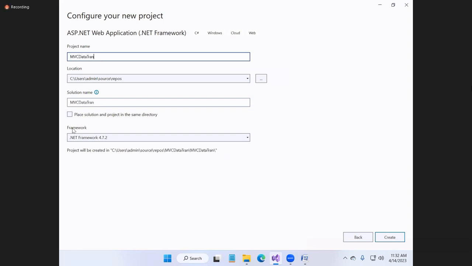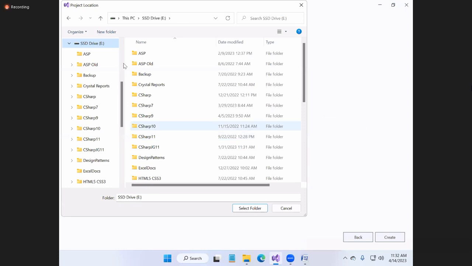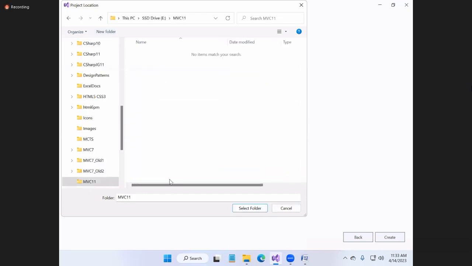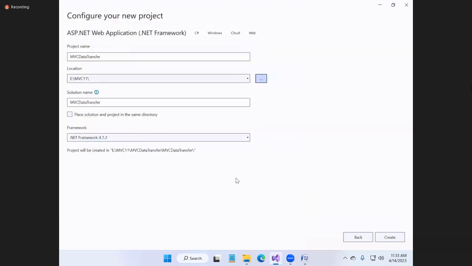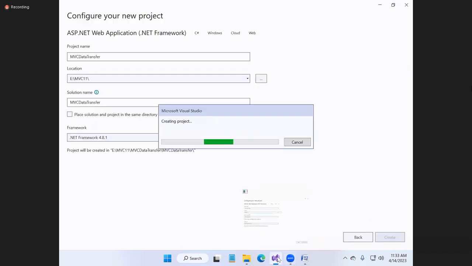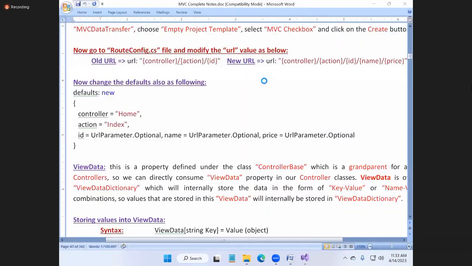MVC data transfer. It is creating a virtual directory, Pragati.